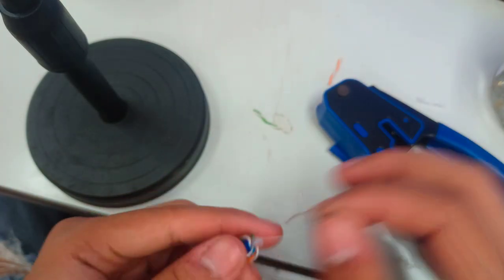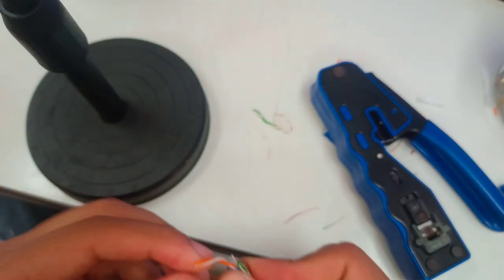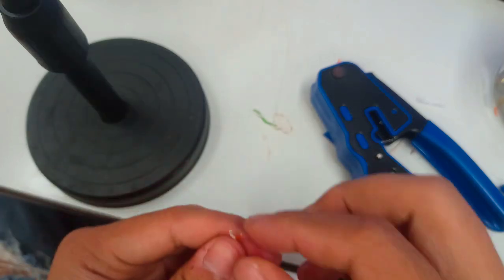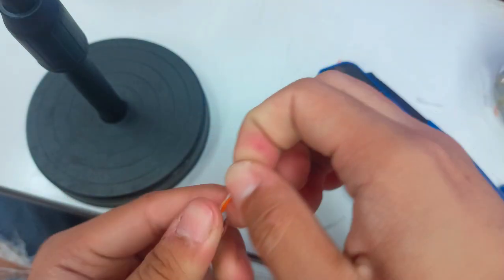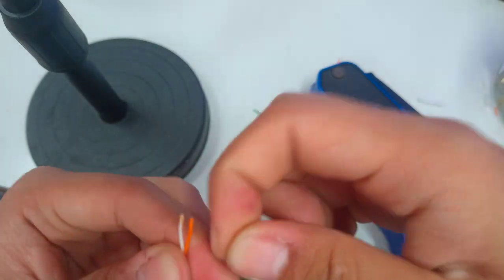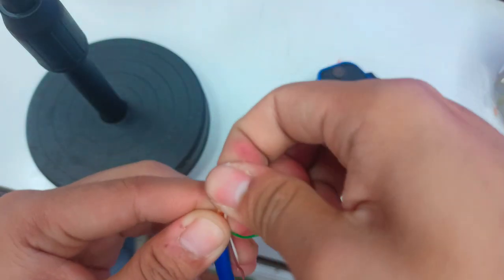And then I need to follow the class B, since I'm about to perform the straight through. I'll just follow the class B. I don't want to follow the class A. Class A is just okay, but at the same time, when it comes to the workplace, class B is the most preferred one. So white orange, orange,